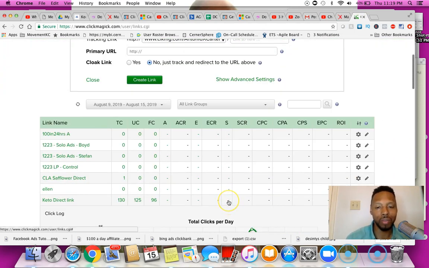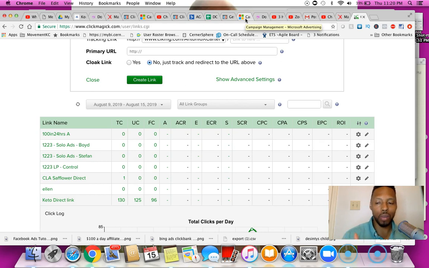When I get my sale, I will be able to tell you exactly what word gets the sale. And that's where the difference is as to why I believe that if I am to continue this campaign, I will not have to spend $192 in order to get the sale. So I'm still trying to debate whether I'm going to do that or not. I could, just because I want to show you guys that this stuff works. We'll see. I think I may put a little bit of money. I only spent $50 so far, and I got this type of awesome data for you guys. I don't know, to be continued.